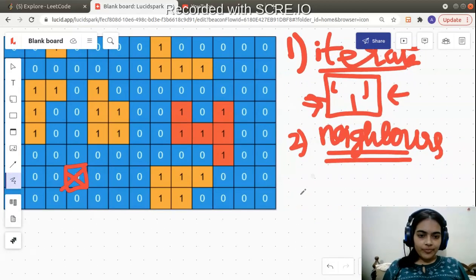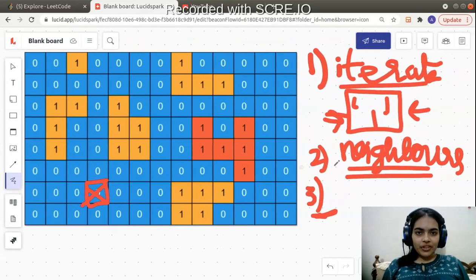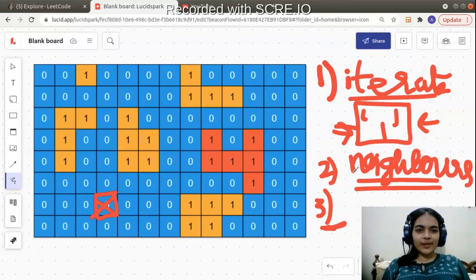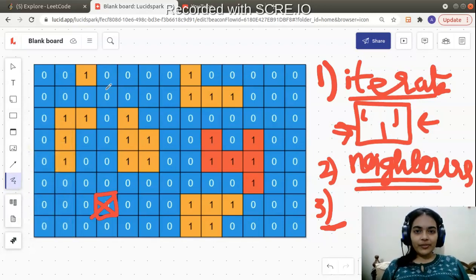And then one more step is step number 3, that is very critical and important, and we will look at that. To identify what step 3 we have to do, let's start doing step 1 and step 2, and let's realize which is the critical step that we have not yet listed.